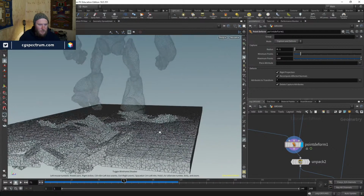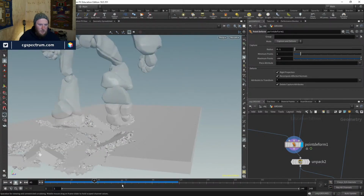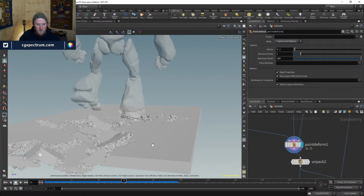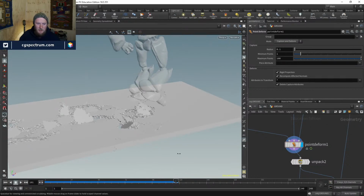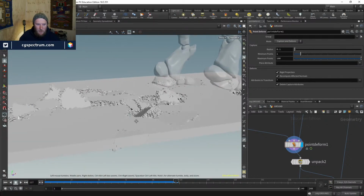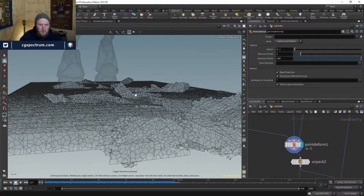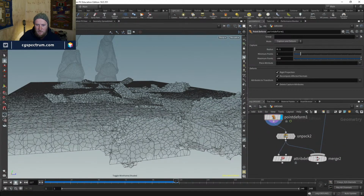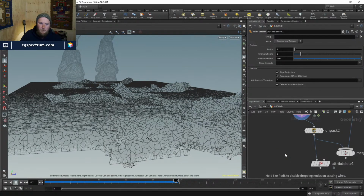Now, what I wanted to show you was with this technique, you've done this procedural cracking setup that isn't RBD. But what if you then wanted it to turn into RBDs? These are already packed pieces. We've got 258 fragments here. If I did just put them into an RBD bullet solver,